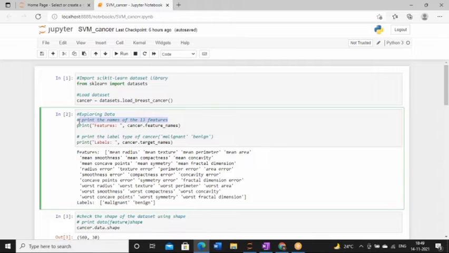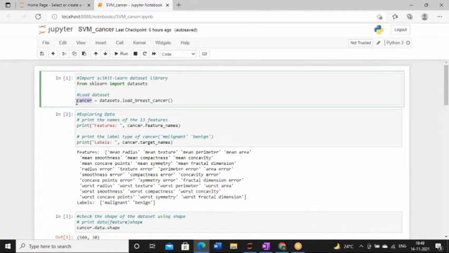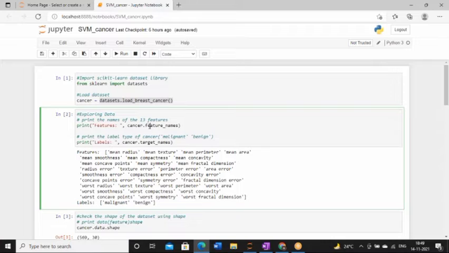So I have taken this variable cancer, where we have our loaded data set, and I have printed the 13 features like this. If you use cancer.feature_names, this will help you print the features. Along with the features, it is important to print the labels also.